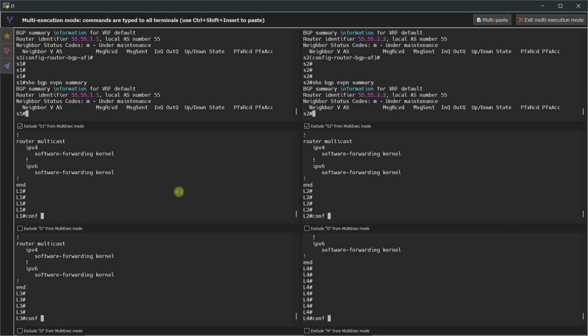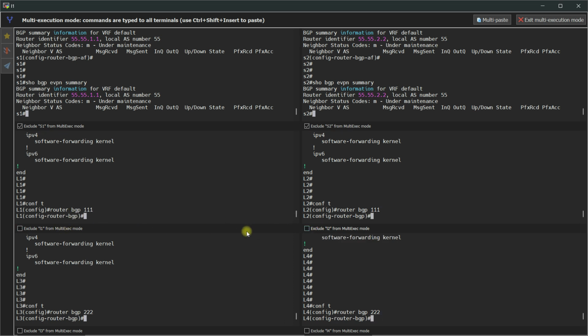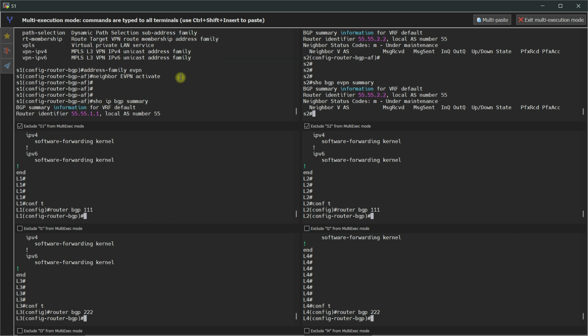Config T. Router BGP. Now again, this is going to be 111 on some of these and 222 on the others. We'll just get the framework built here. For the leafs, we only have the 2 spines at the moment, so it's not a big deal to define the neighbors specifically. But once again, we're going to need the same